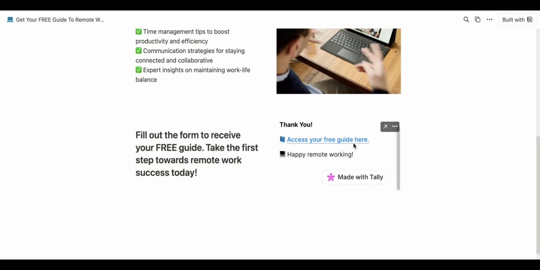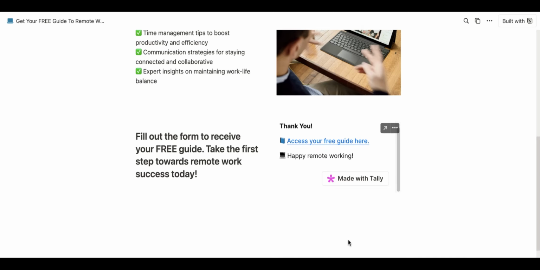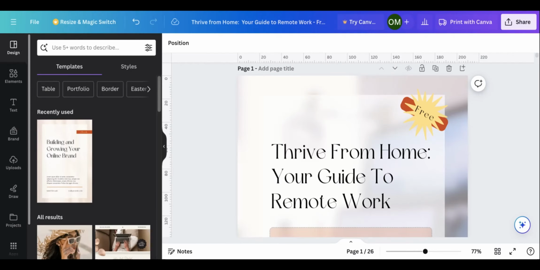So you can see here, you've got the thank you button, you have the link to the free guide, and then you have your happy remote working. And if you might be wondering, how do you take this white paper in Canva and share it on the thank you page? So a lot of you might be familiar with this, but just in case you're not,